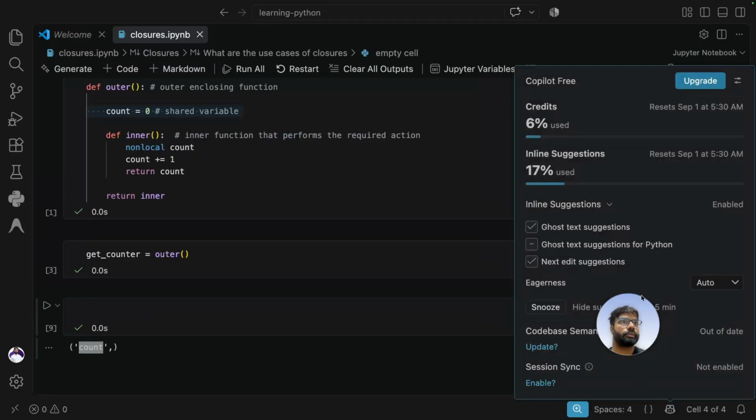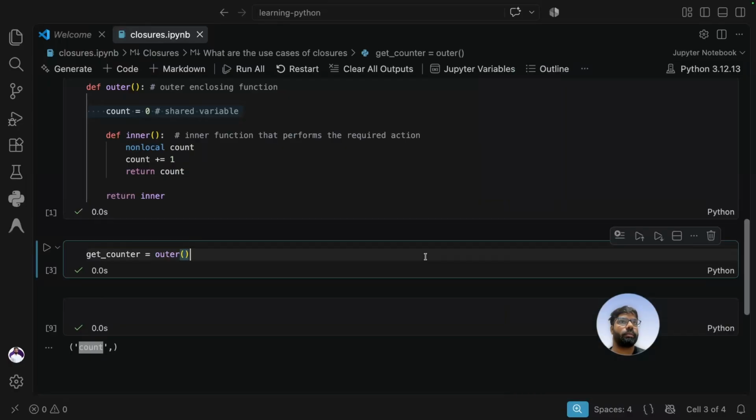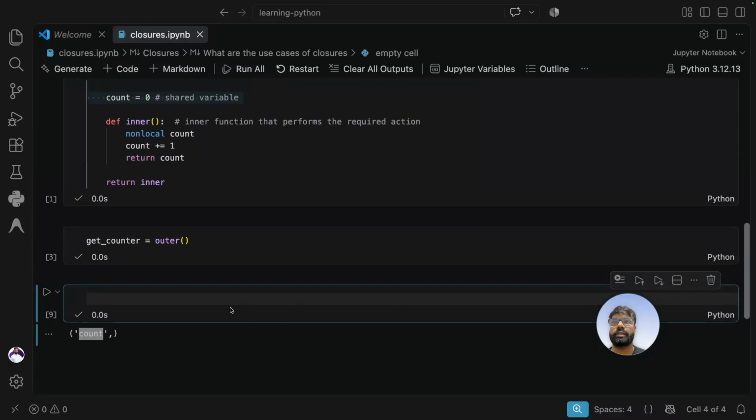First, let's just disable the AI so that I'm not getting interrupted by this. Okay, so let's create a simple example of